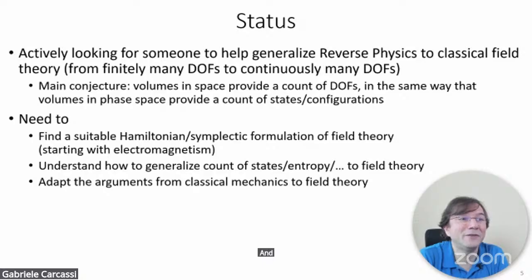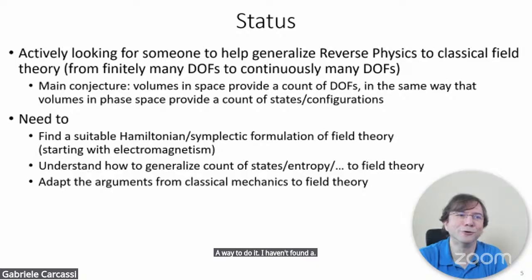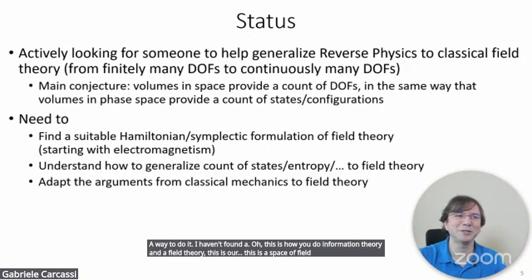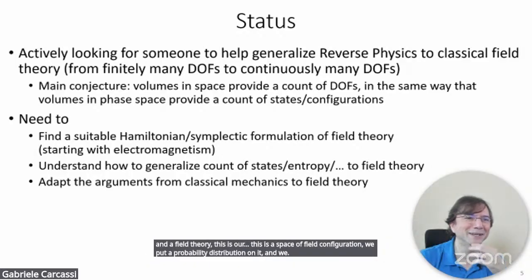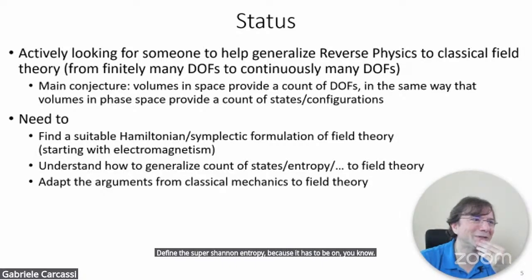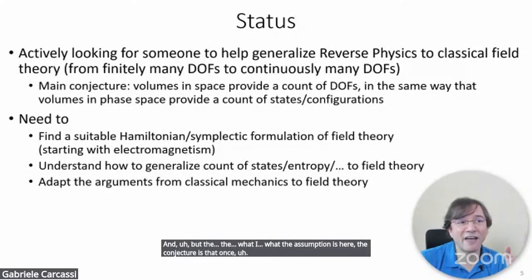And then this whole understanding needs to be connected to, again, how to generalize Cantor state entropy and information entropy to a field theory. And even there, I haven't found a way to do it. I haven't found a standard, like, oh, this is how you do information theory in a field theory. This is a space of field configurations, we put a probability distribution on it, and we define the Shannon entropy, because it has to be done absolutely differently. But the assumption here, the conjecture, is that once you have made that connection,